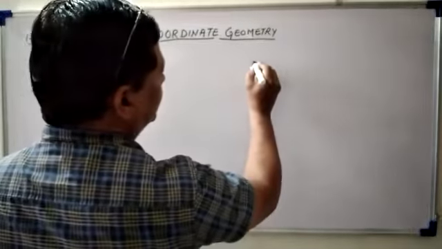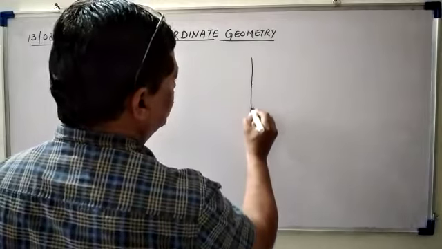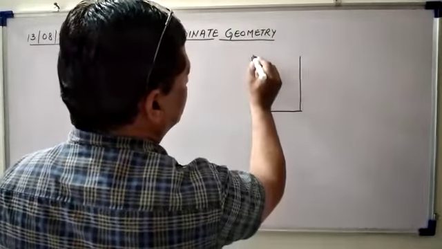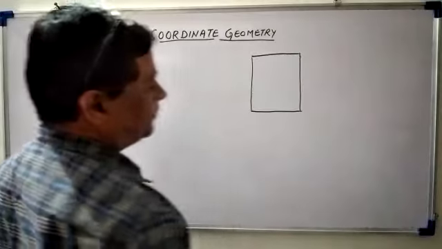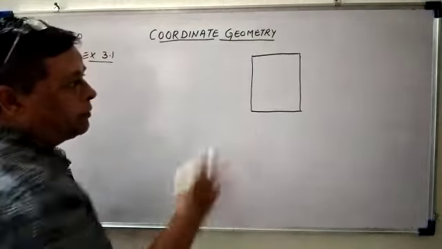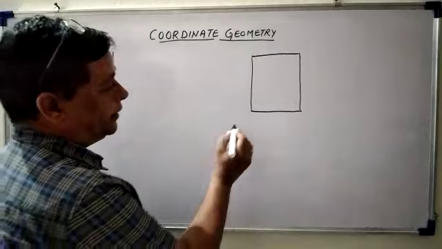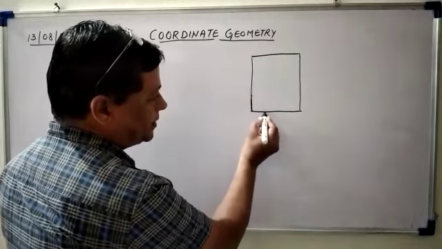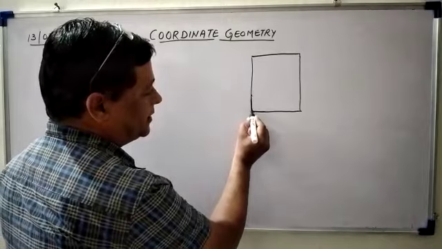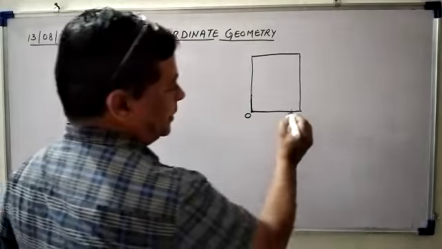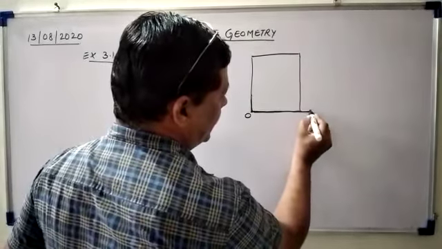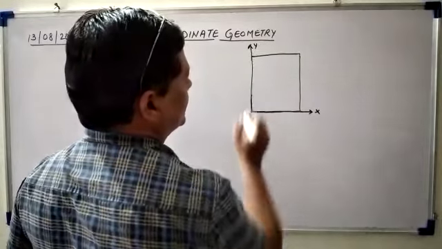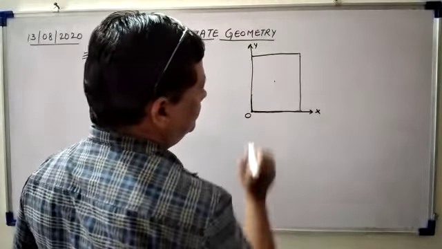So let me take the shape of the table. The table is rectangular, so we make a rectangle here. This is a rectangular table, and this is the top of the table. Then we see this point where the lamp and this border intersect. That is considered as the origin. This horizontal line we consider as the x-axis, and this vertical line we consider as the y-axis. Suppose our table is here.